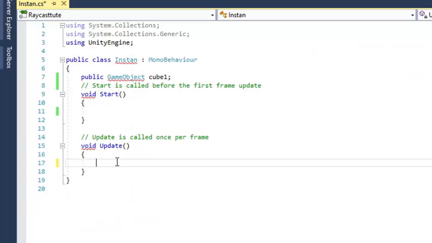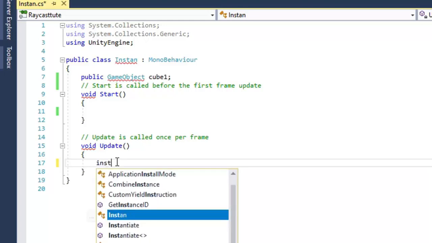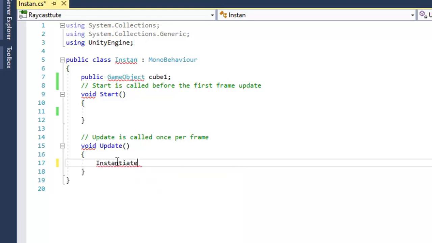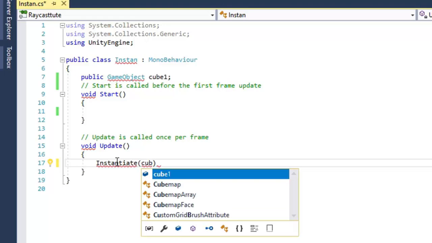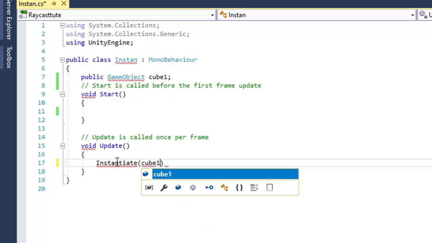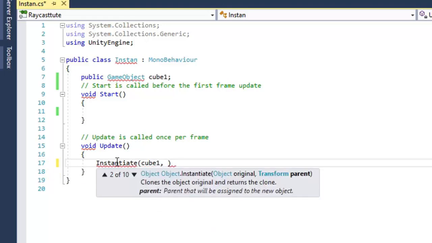There are many occasions where we want to instantiate game objects in random positions and random rotations. For that we have an option in MonoBehaviour to create a randomized game object. Here we want to generate the same game object, cube1, in a random position.